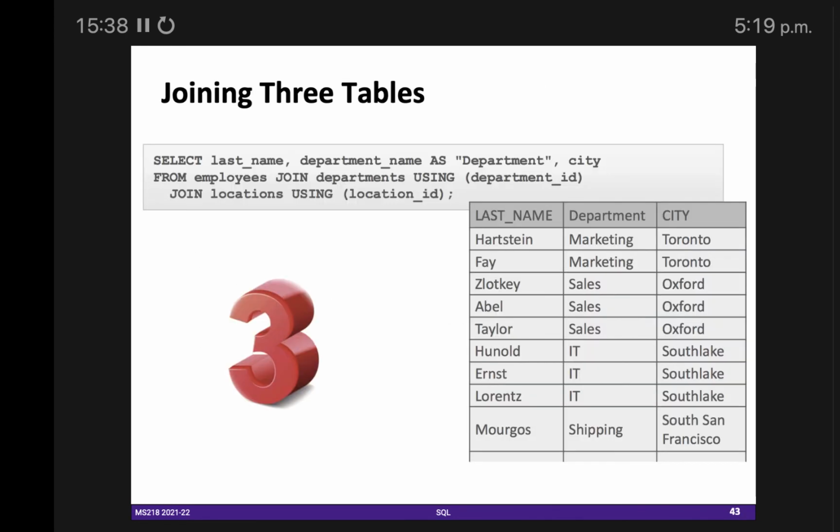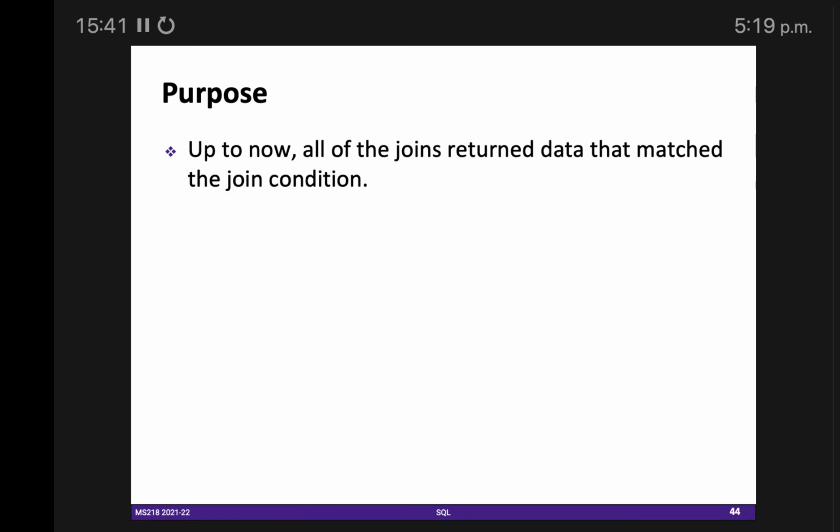So this is about joining three tables. The last thing about today is that sometimes, so far, what we are doing is getting data from one table that is matching with some other table. But can anyone tell, sometimes we also need data where there is no matching. For example, all of you are submitting your assignments, right?